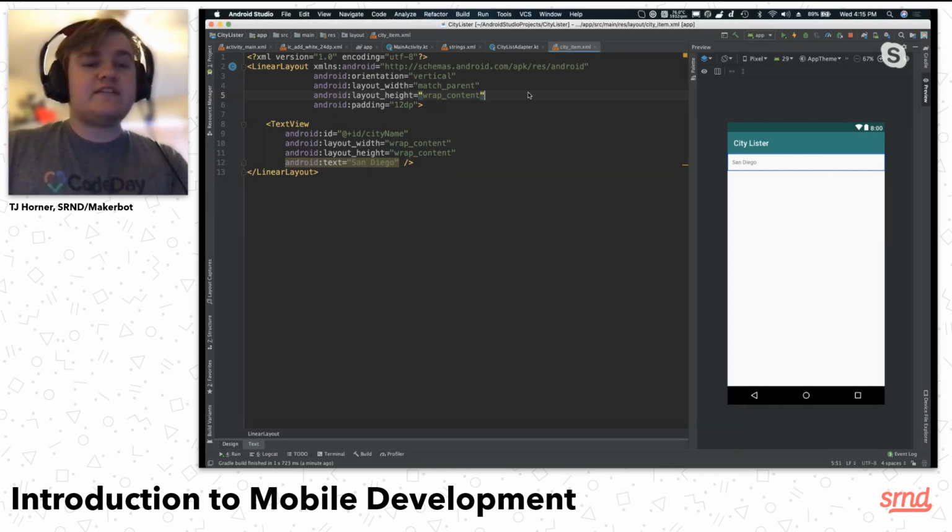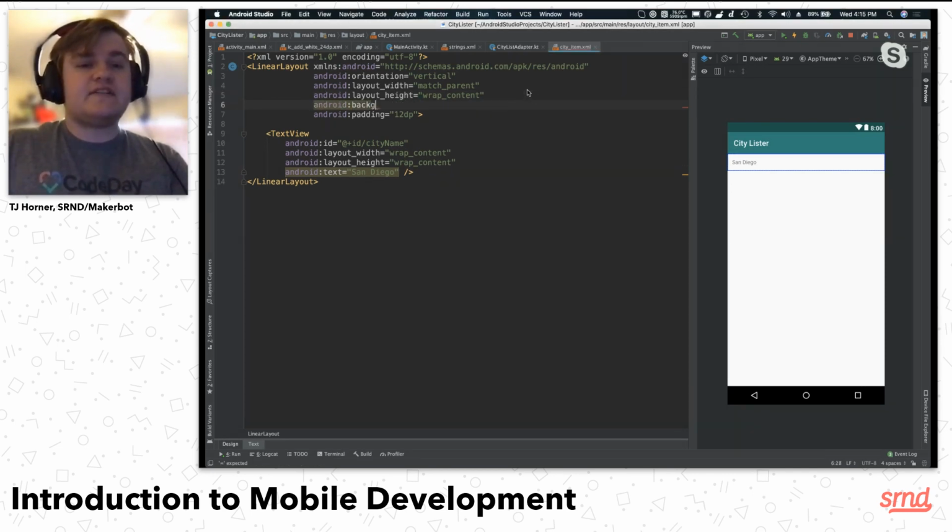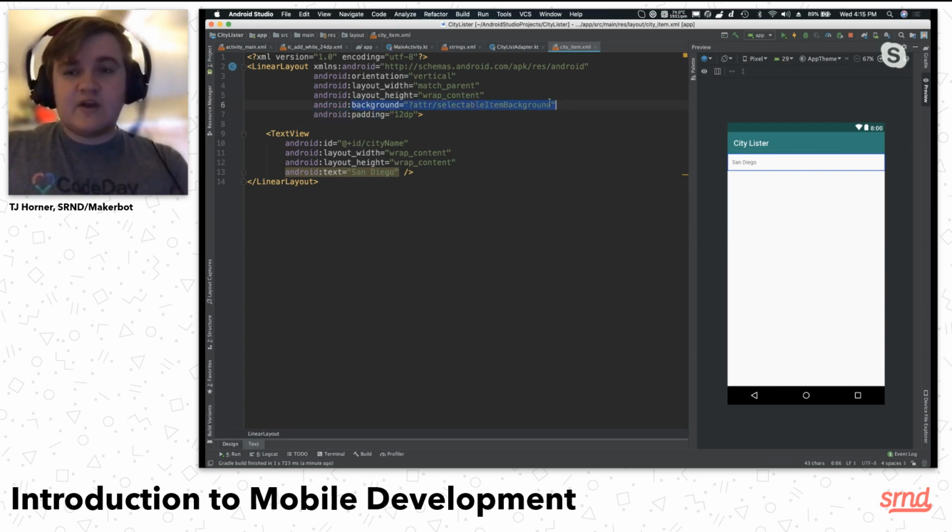Android has a special background for selectable items that tells it to draw the ripple when it's tapped. If you type selectableItemBackground, it should autofill for you, but I had to type it out again because autocomplete. So now, if we run this app again and it compiles successfully,